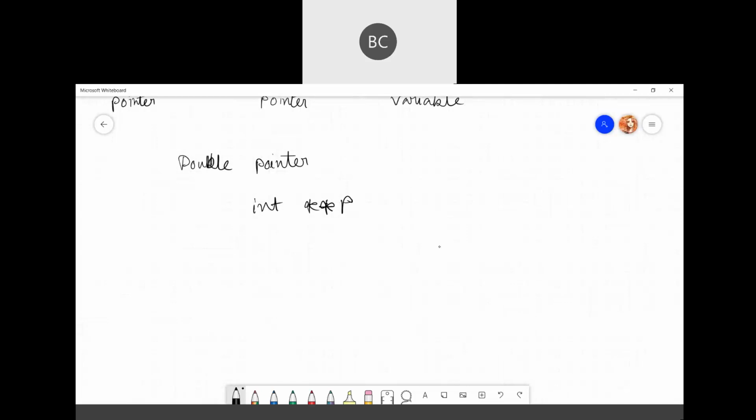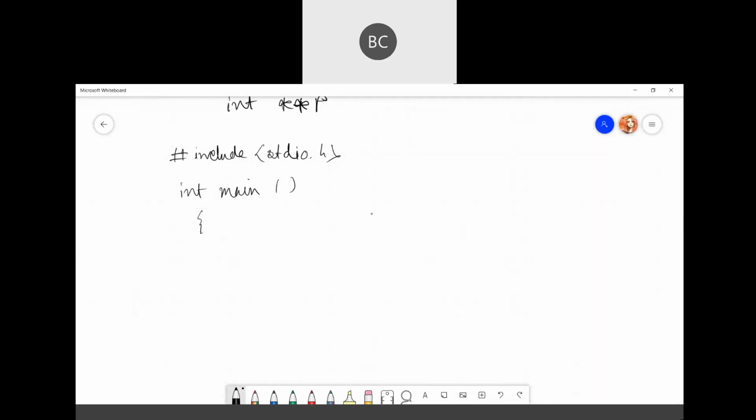If you see an example, suppose you have a variable a, then you have a pointer p, then you have a double pointer pp.